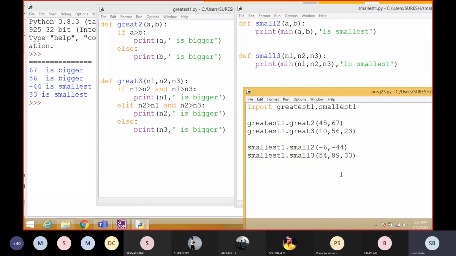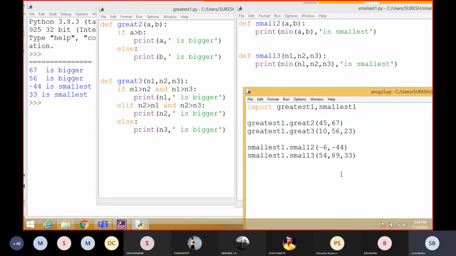Otherwise they will give the program and ask you the output. Output based questions. Otherwise error finding questions, they will give a program with some small errors, so you have to execute it virtually. Logically you have to execute, and you can find out if there are any errors and correct the program. So most of the time, 90 percent, you can expect programs.